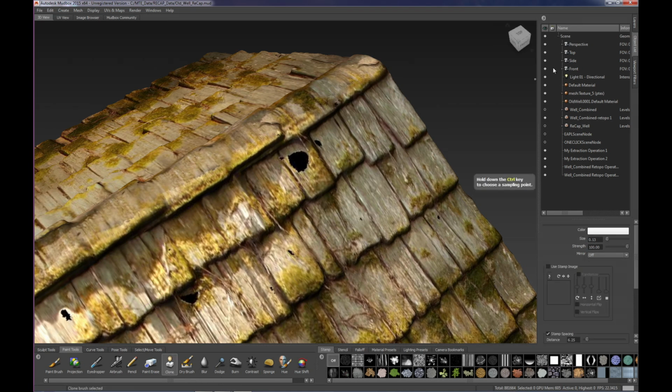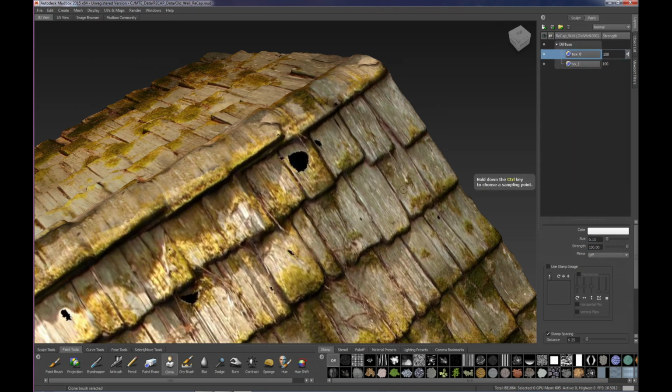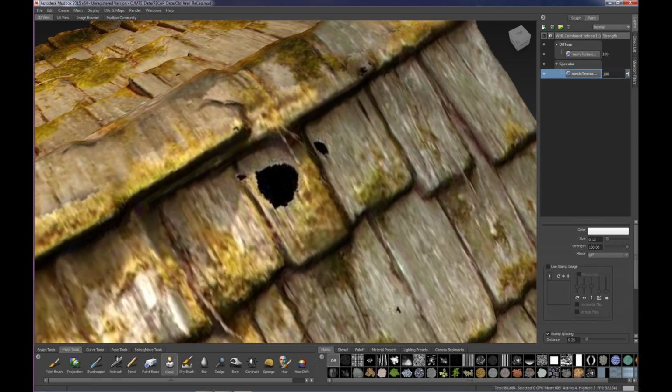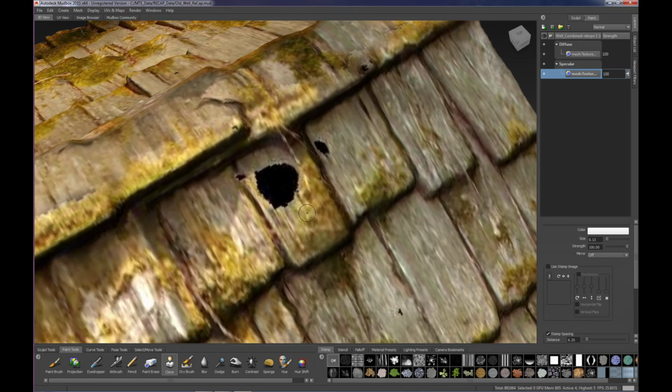We can jump into the paint tools, and the nice thing about this workflow here as well, if we have some textures that are missing on here, when I did the retopology on this, I actually transferred the textures over to this guy onto here, and then some of it was corrected, but we have these areas of patches. This is that hole we fixed. There's no texture data there. So the nice thing about Mudbox is this ability to quickly patch up the mesh, and then rapidly go in